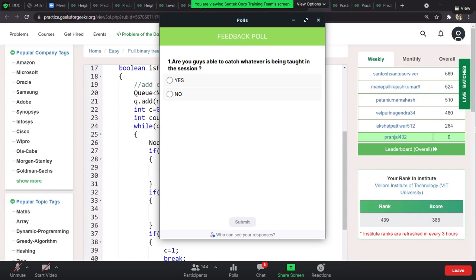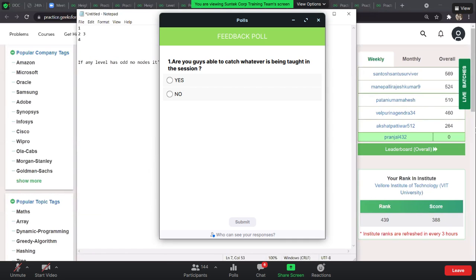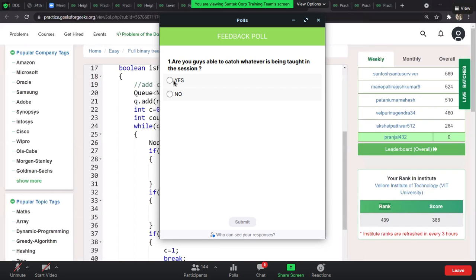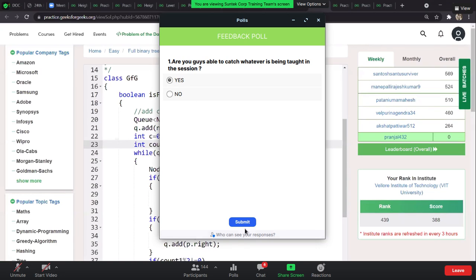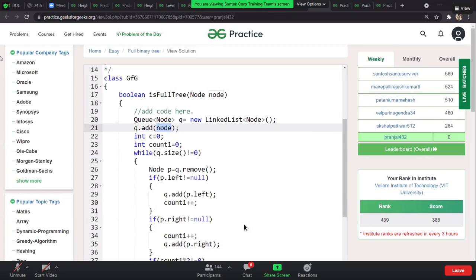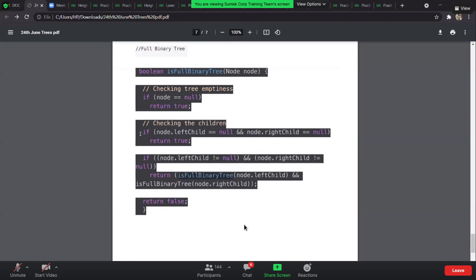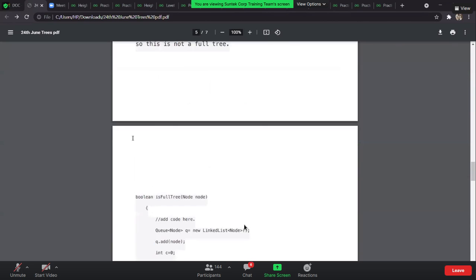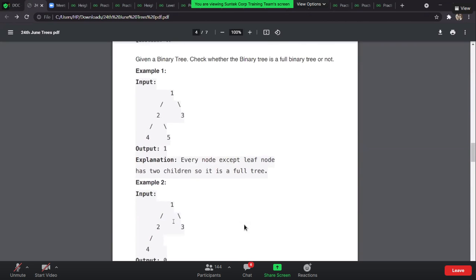Okay. So what exactly we're going to do is check each and every element only. The statement might not be correct, right? But how the level order traversal works is, basically we'll keep a count value over here. Let's say we have this tree. Let's consider this tree as well, and we will include 5 over here as well, so that we can check if we are satisfying this case or not.